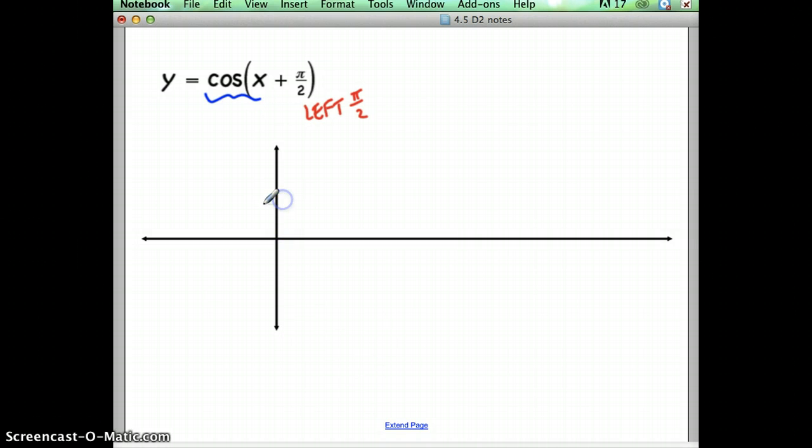All right, cosine has an amplitude of 1 and a period of 2 pi. So make your 4 tick marks. The last tick mark is the period. Half of 2 pi is pi. Half of that is pi/2. Multiply that by 3. That's 3 pi/2. Now remember, cosine has a beginning and an end up high. Halfway in the middle is where it dips down low, and then it has to cross through 0. So here is cosine,